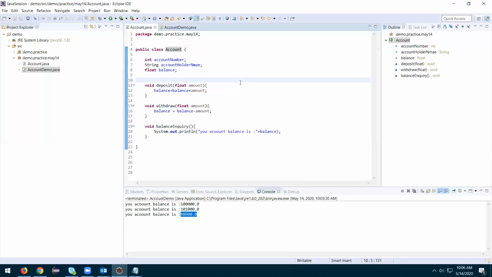Now for some other thing: you all know about a car, right? What is the color of the car? It can be yellow, black, blue. So a car can have a color, a number of wheels, a seating capacity, and an engine capacity.